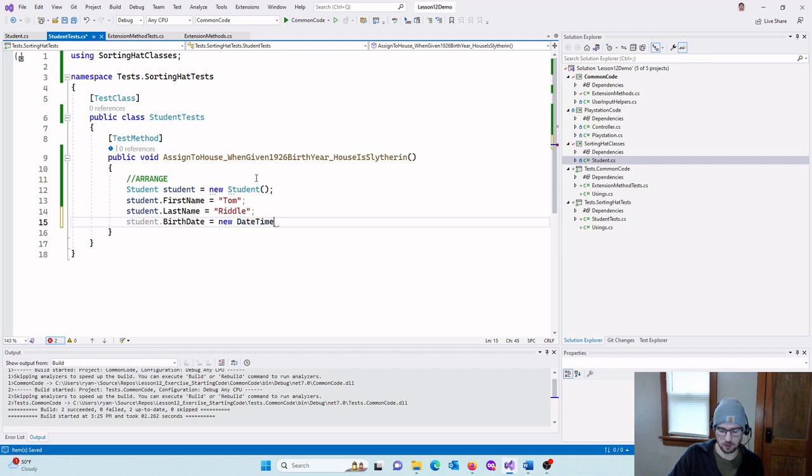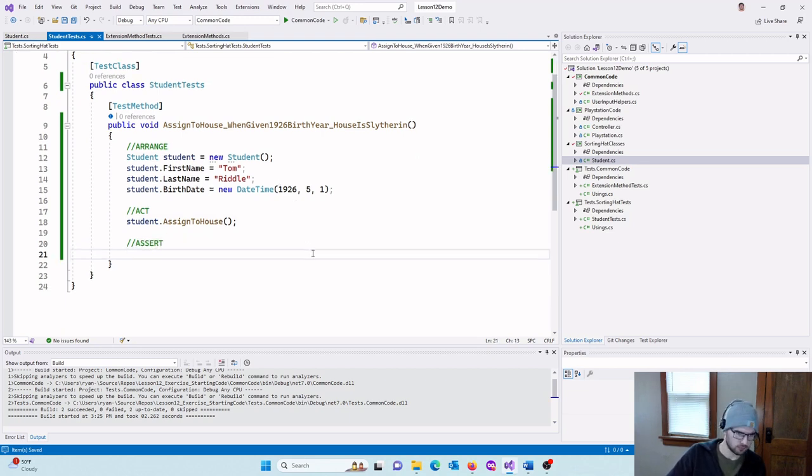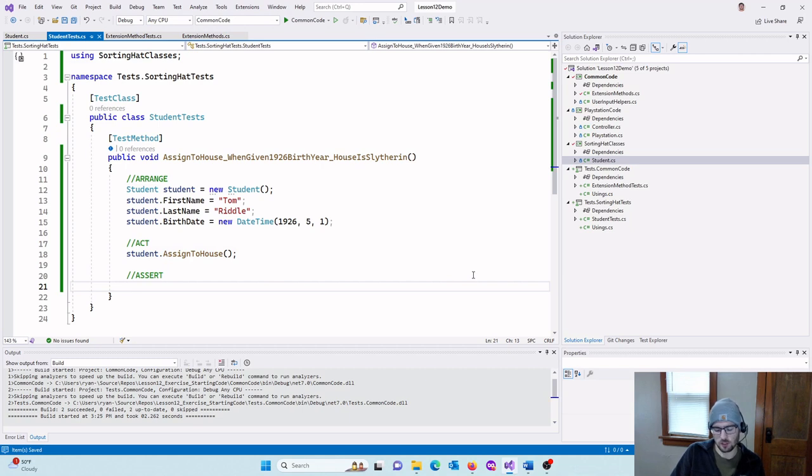It's year first. 1926. Yeah, something like that. Okay. We act, and then we assert. Okay, so what we're asserting here is that our expected result is equal to